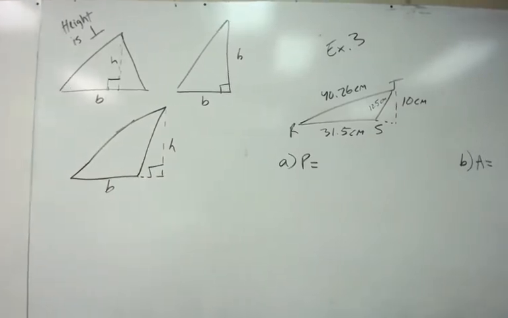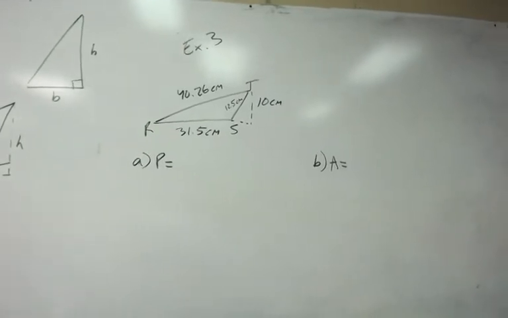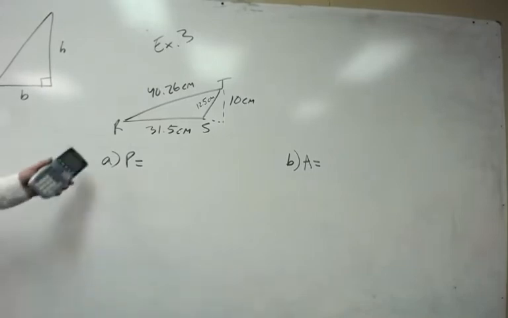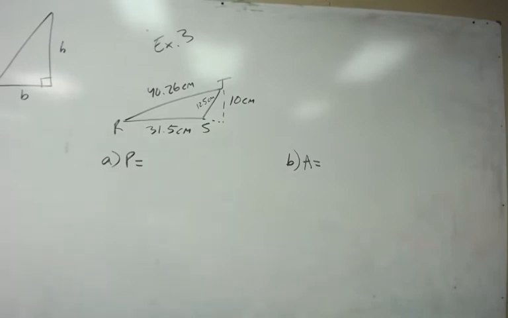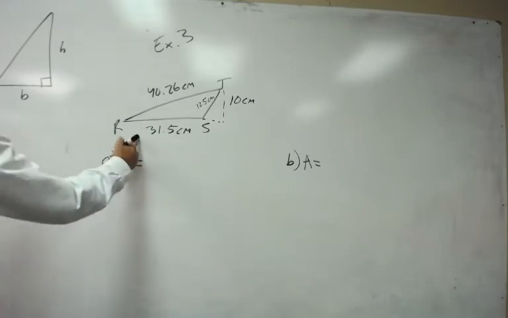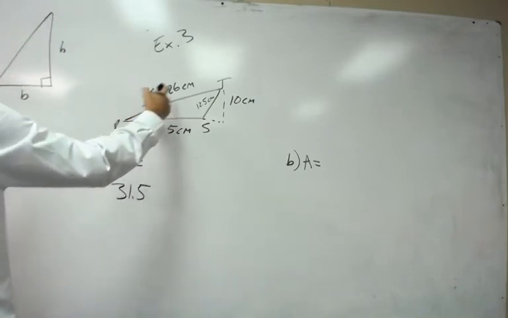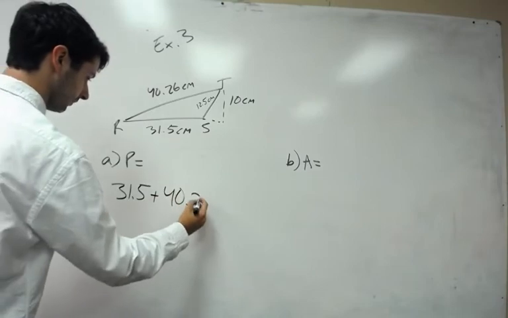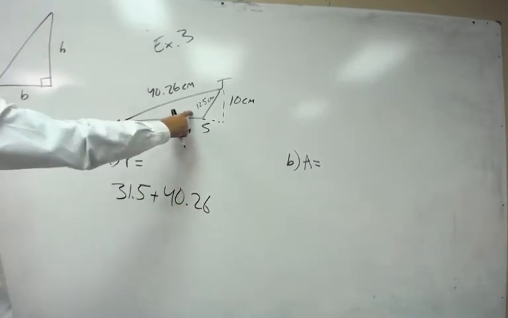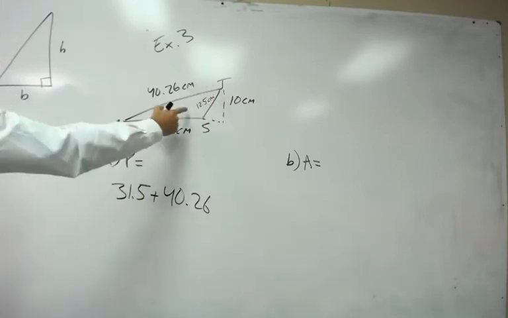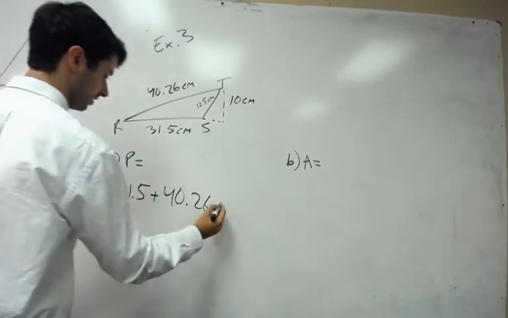So if we look at example 3, it wants us to find the perimeter and the height of this triangle. And it gave us decimals because they're awesome. But perimeter of triangle STR. Perimeter is just all the sides added together. Now, which sides are the proper sides? We know RS is 31.5. We know RT is 40.26. The part that could be confusing is which one is part of the triangle, here or here. Well, this is dotted. This is actually outside the triangle. So therefore, the 12.5 TS is your other